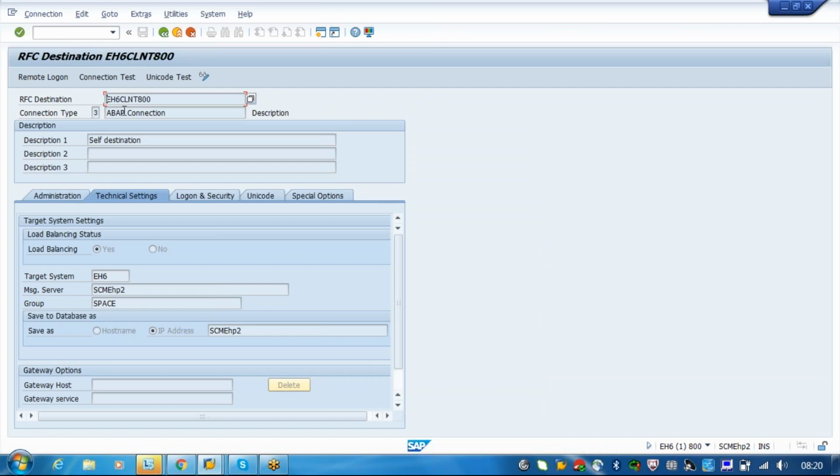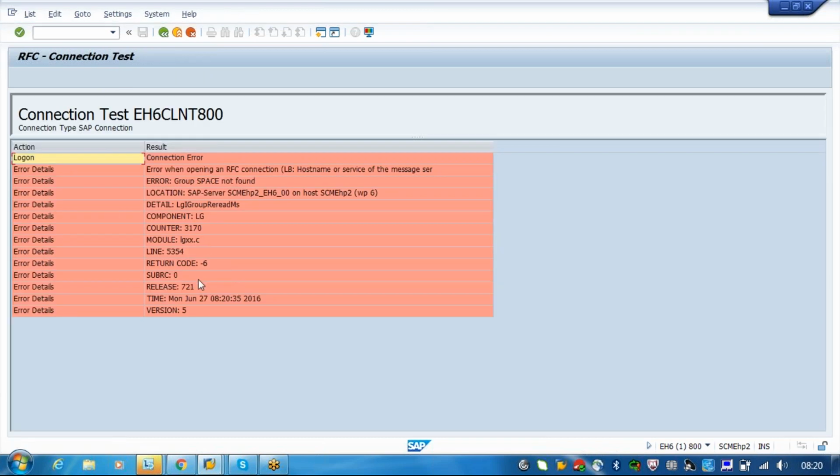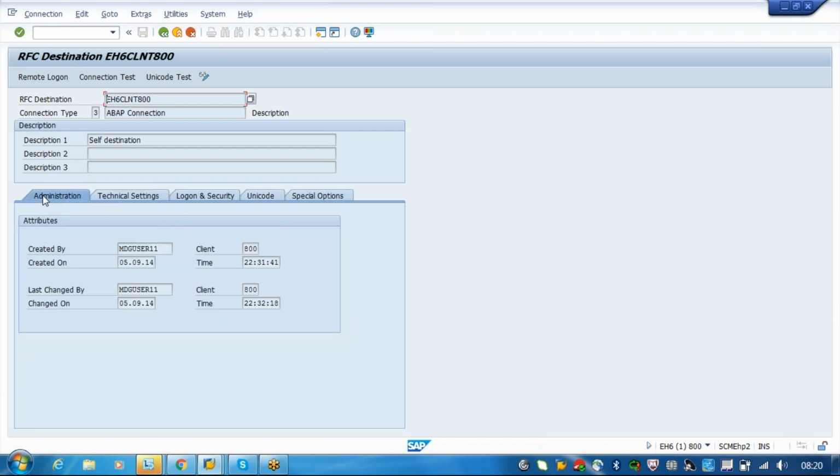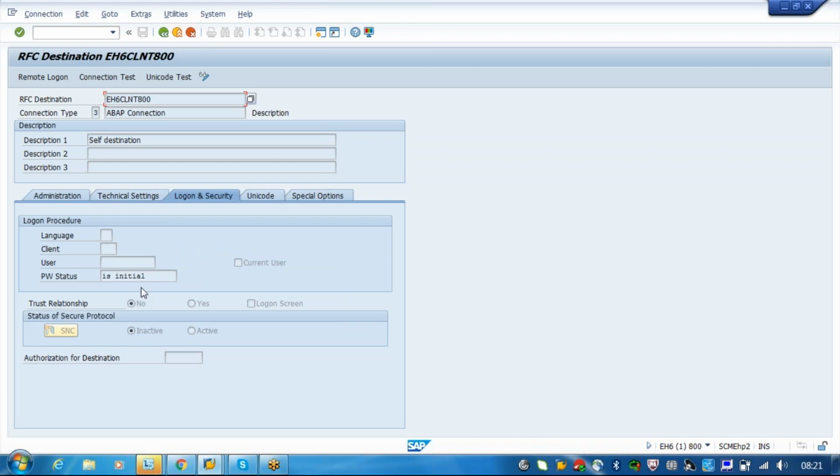From TM or from R3, if you are sending to TM, it moves through this RFC destination. You can click here for connection test. There are some errors that were logged long back, I think June 20. It's a password. Through the password it will send.